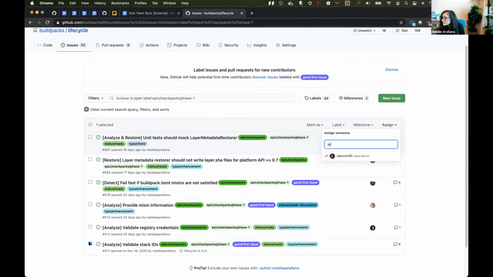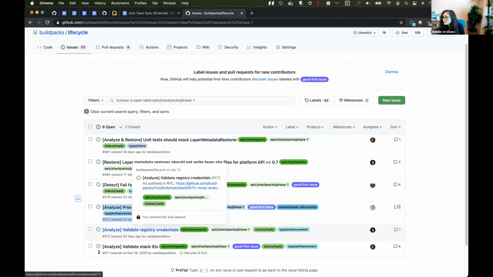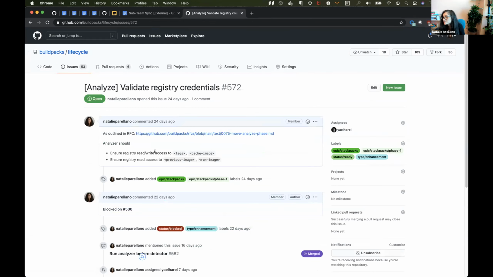The only other comment that I'll make about these issues, let me know if you disagree, but for this one, validating the registry credentials, we had reports from users of Tekton, and I saw in my own experience that the current way that the lifecycle is checking to see if it has an auth is very brittle.